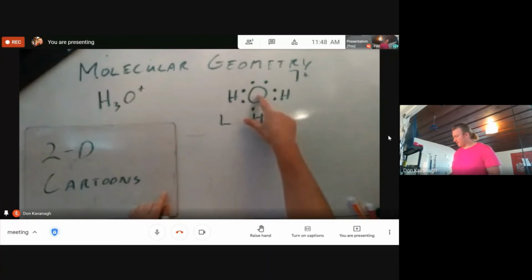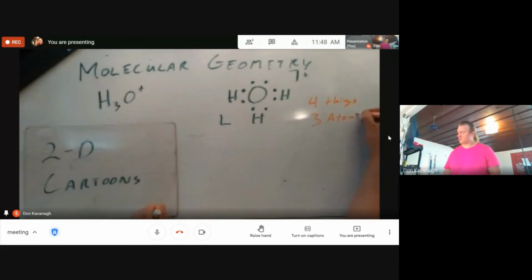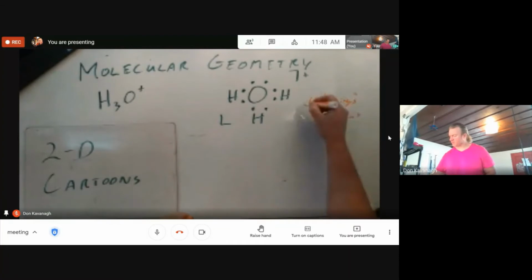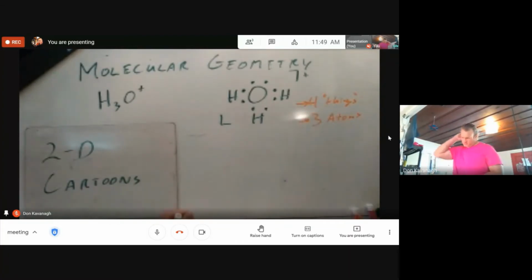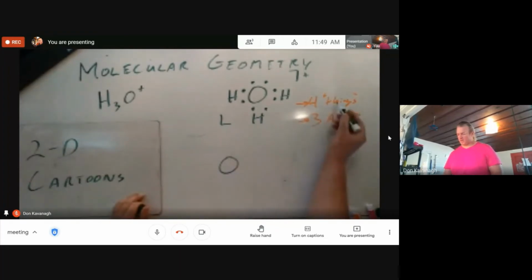This central atom, oxygen, is surrounded by 4 things, and 3 of those things are atoms. Let's keep those 2 points in mind: we're surrounded by 4 things, and 3 of those things are atoms. In our 3-dimensional picture of the hydronium ion, we still have our oxygen in the center. It's surrounded by 4 things, 1, 2,